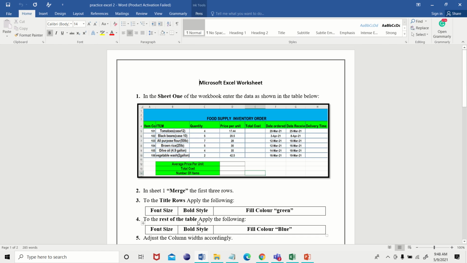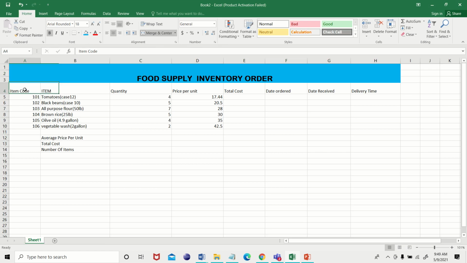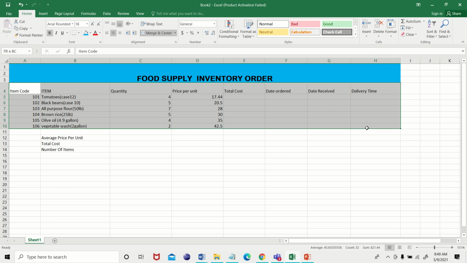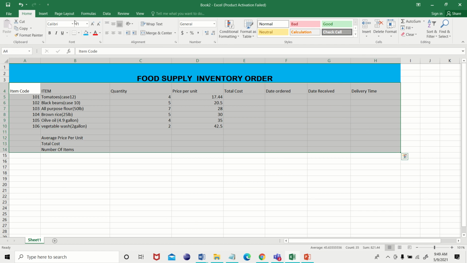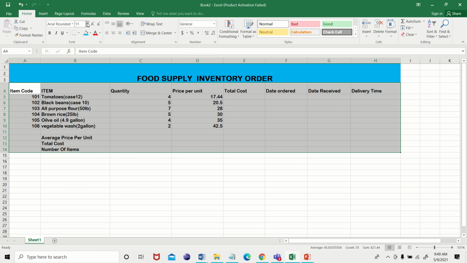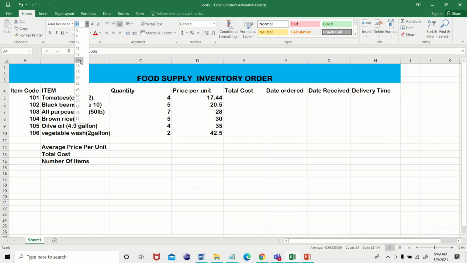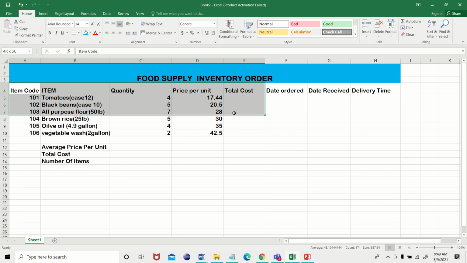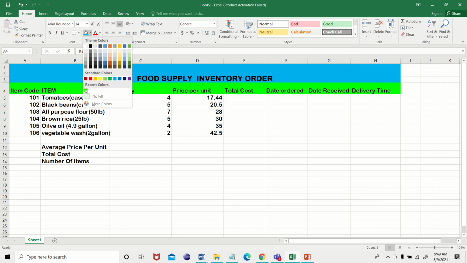For the rest of the table also we'll do the same way. Select everything and then change the font size. If you would like to give a color for this, you can give the color. Let me just choose a green one.